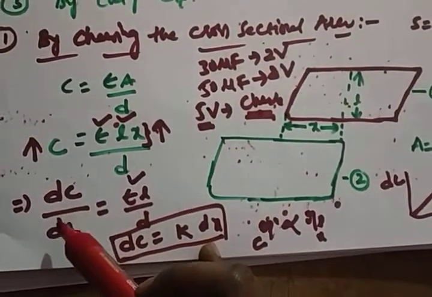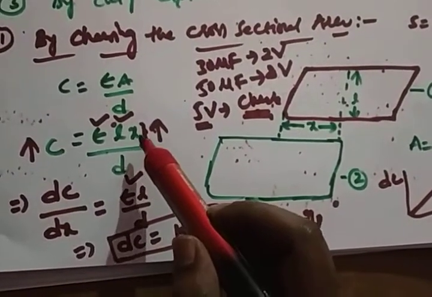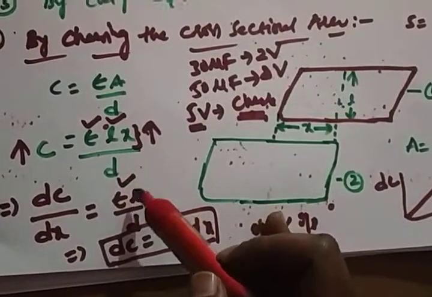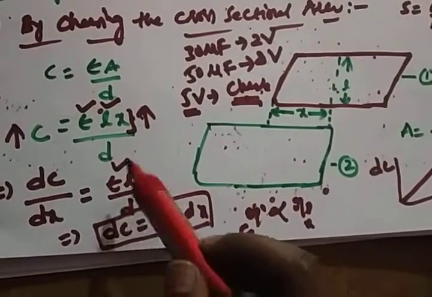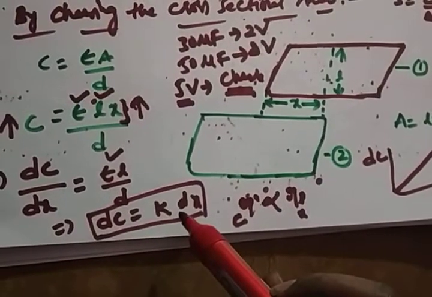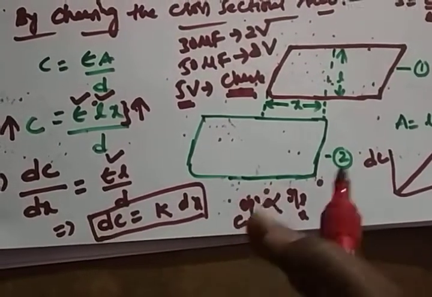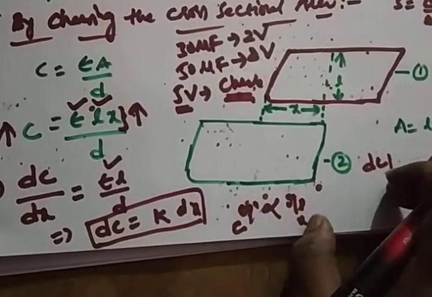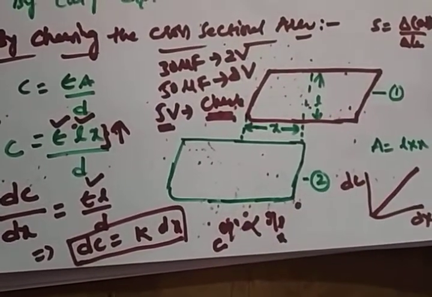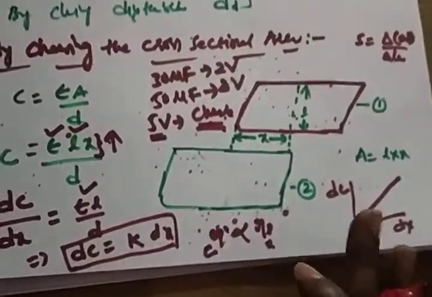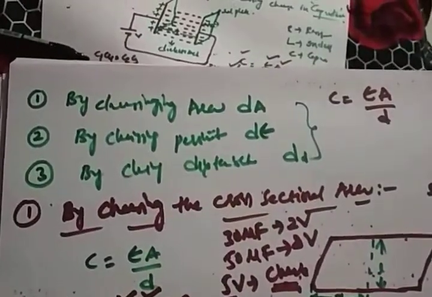So dC by dx. If you differentiate, the x value is 1, and epsilon L by d is a constant. So dC is equal to some constant times dx, where all of these are constants now. So dC is directly proportional to dx. My output is directly proportional to input. That means output has a linear relationship with the input. Then the scale is a uniform scale. So this is about changing the area. Now we'll discuss changing the